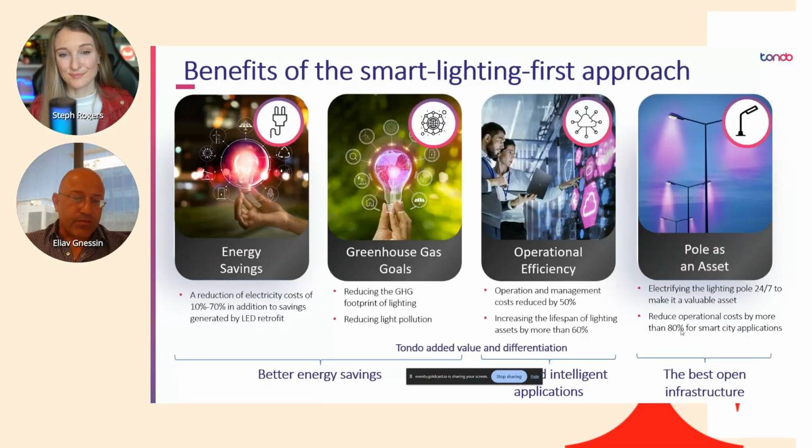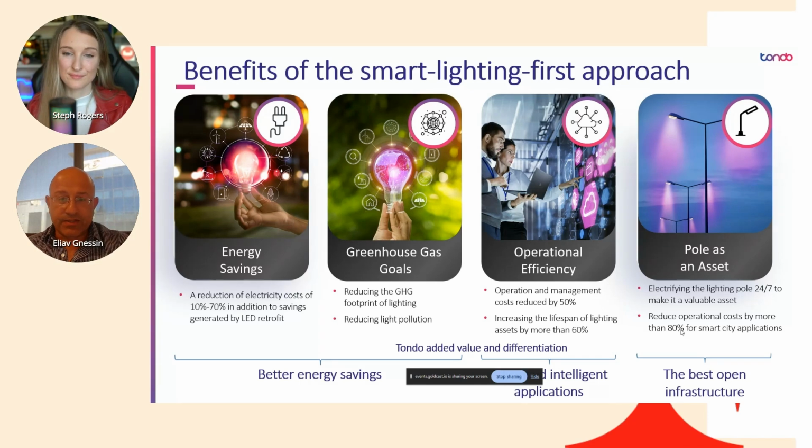Just to explain what we do, I think I need to explain how we work with cities or how we work with these kinds of customers. So the idea is that the streetlights you have all over the place usually have older light bulbs, and municipalities and these kinds of organizations are replacing them with LED lights. And during the LED light replacement, they are getting a lot of benefits of energy saving and other things.